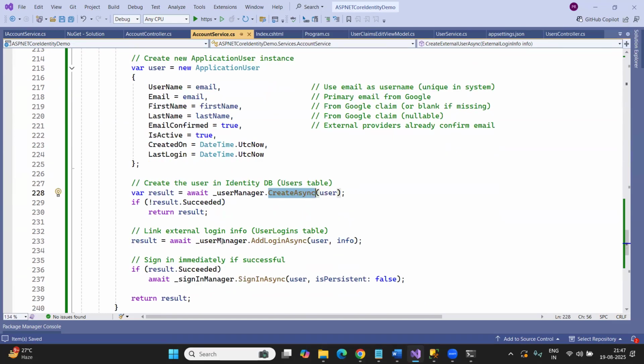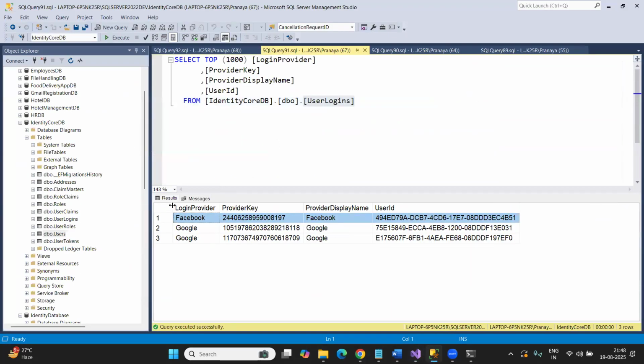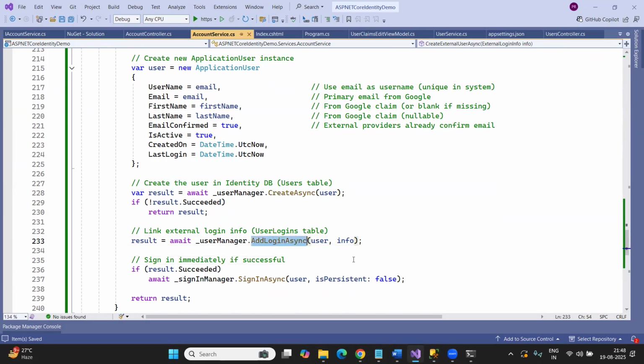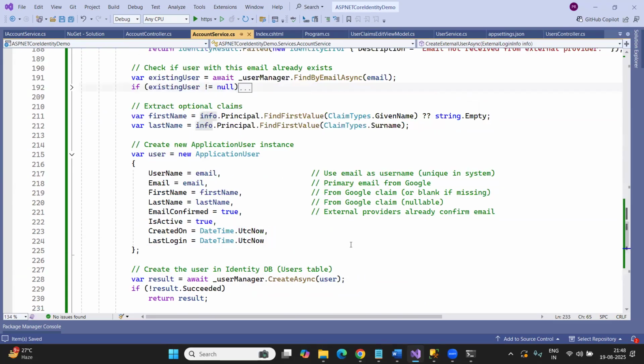Once the user is created, then what do I need to do? I need to add a new entry into my users table, or not? Yes. So how can I do this? By calling this add login async method. So in this case, what do I need to pass? I need to pass this user and I need to pass this